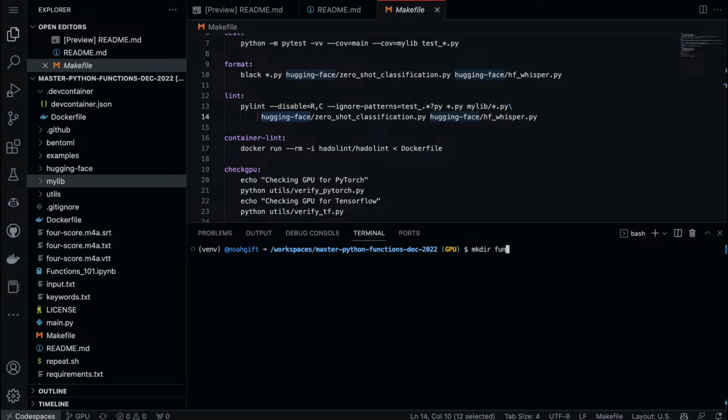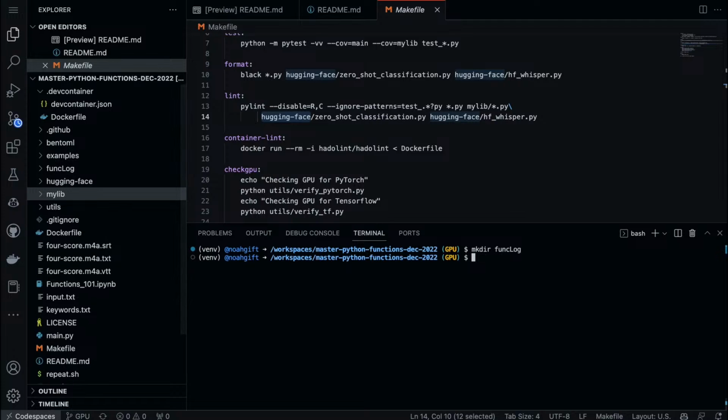So we'll call this func log. How about that? Func log. And inside of this directory, I can put some library code. So I'll go here and we'll say func log like that, and I'll put an init file here. The idea is that I can start to build out pieces of logic and library code that I'm able to then use for multiple purposes.